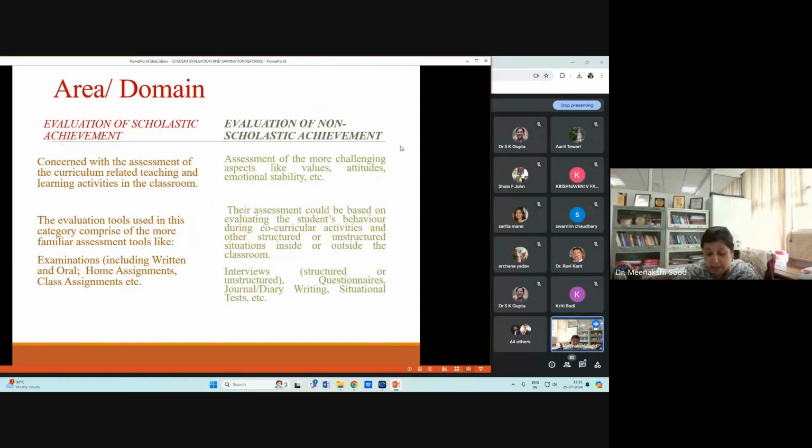And then, as I said, in the coming times, the evaluation must not be only scholastic achievement. As I mentioned, non-scholastic achievement also has to be evaluated, right? Not only the behavior or the values, but also how much he is interested in the co-curricular activities. There are so many students whom we used to call bookworms, they are only so much